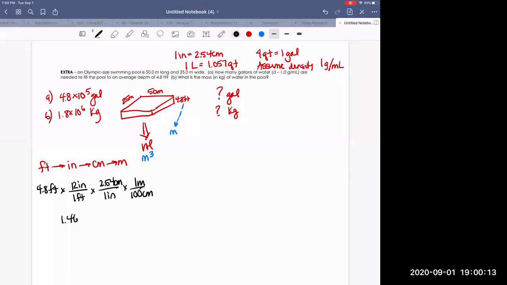So I've got 1.46304 meters. Make sure your answer makes sense. All right, meter stick, if I've got 1.5 meters, that's about 5 foot. That still makes sense. So now I'm going to have 1.46304 meters. All right, I got that down, but let's see if we can figure out these two